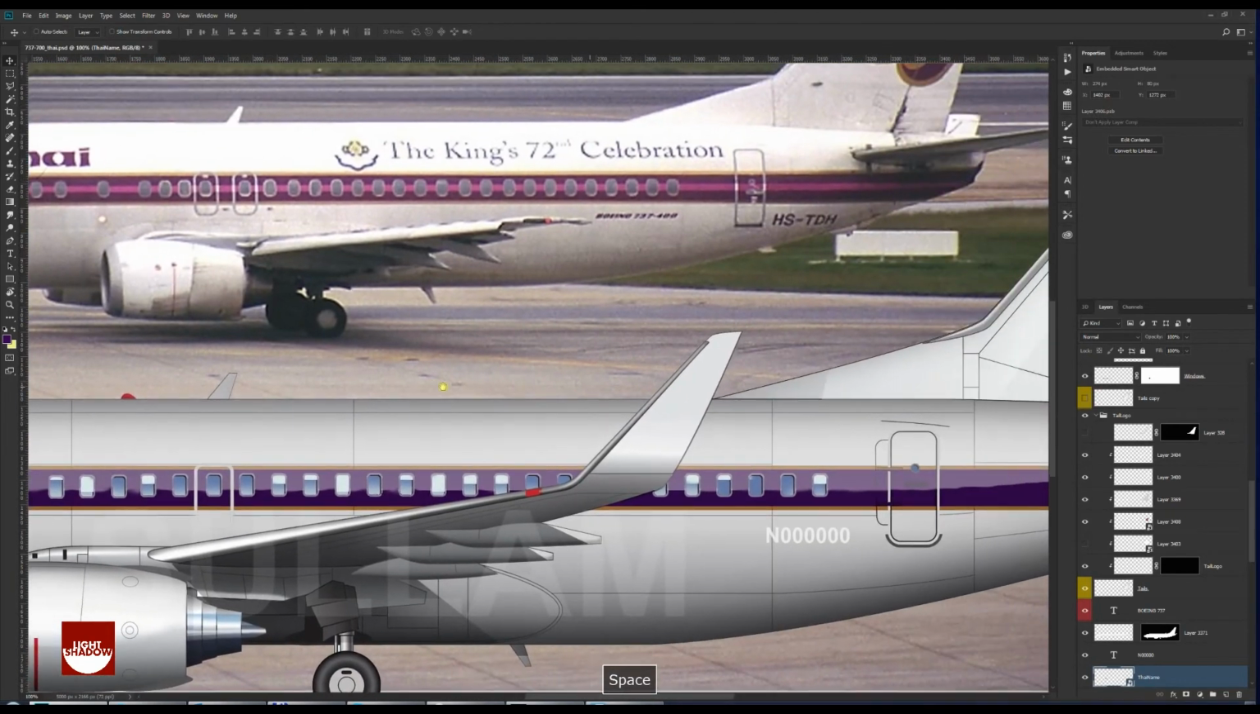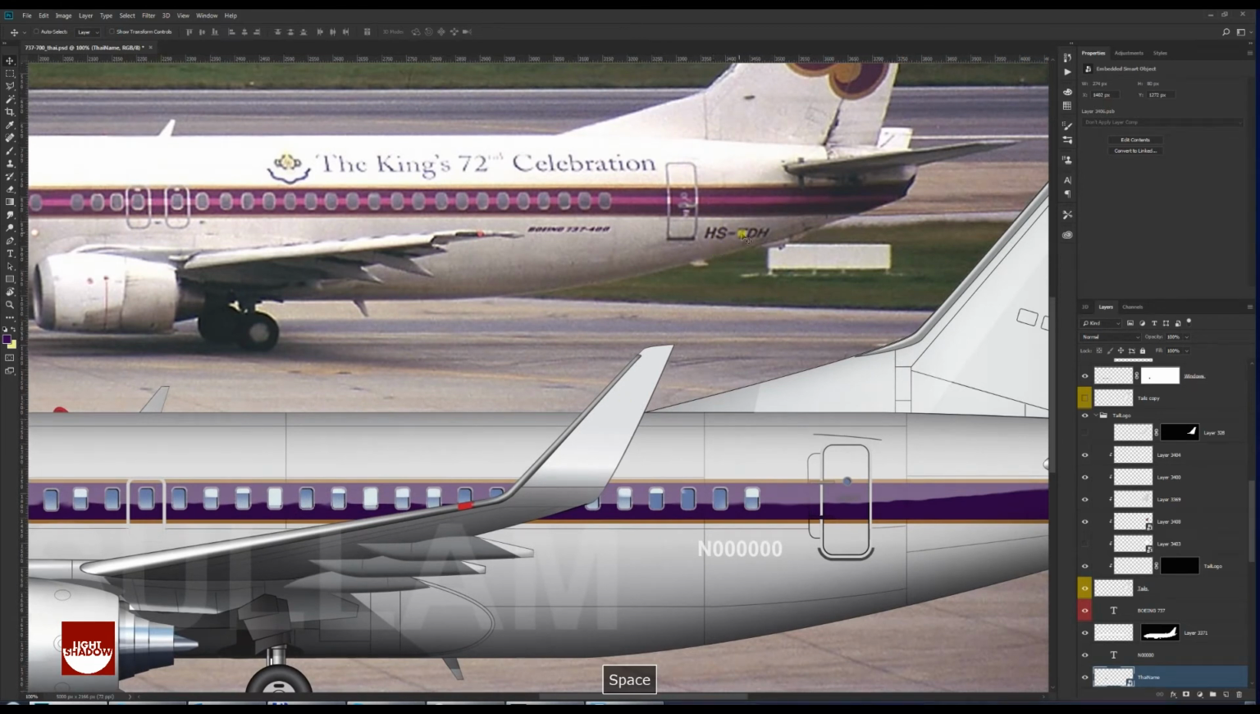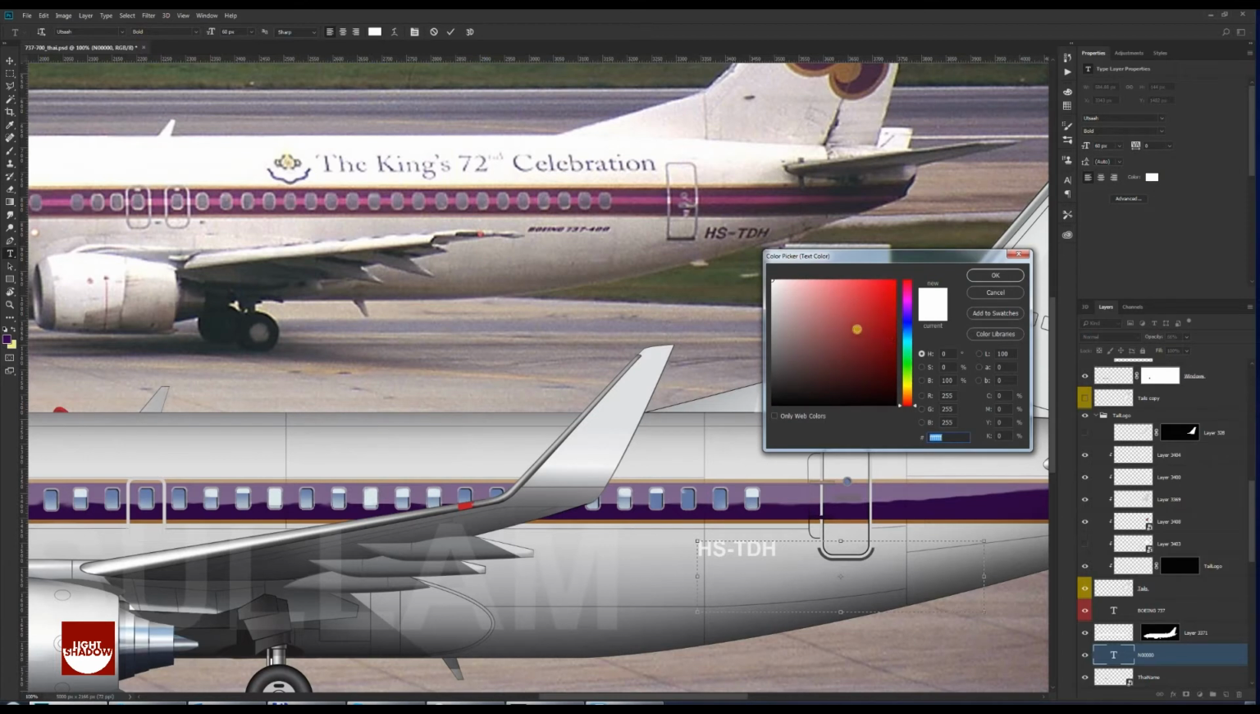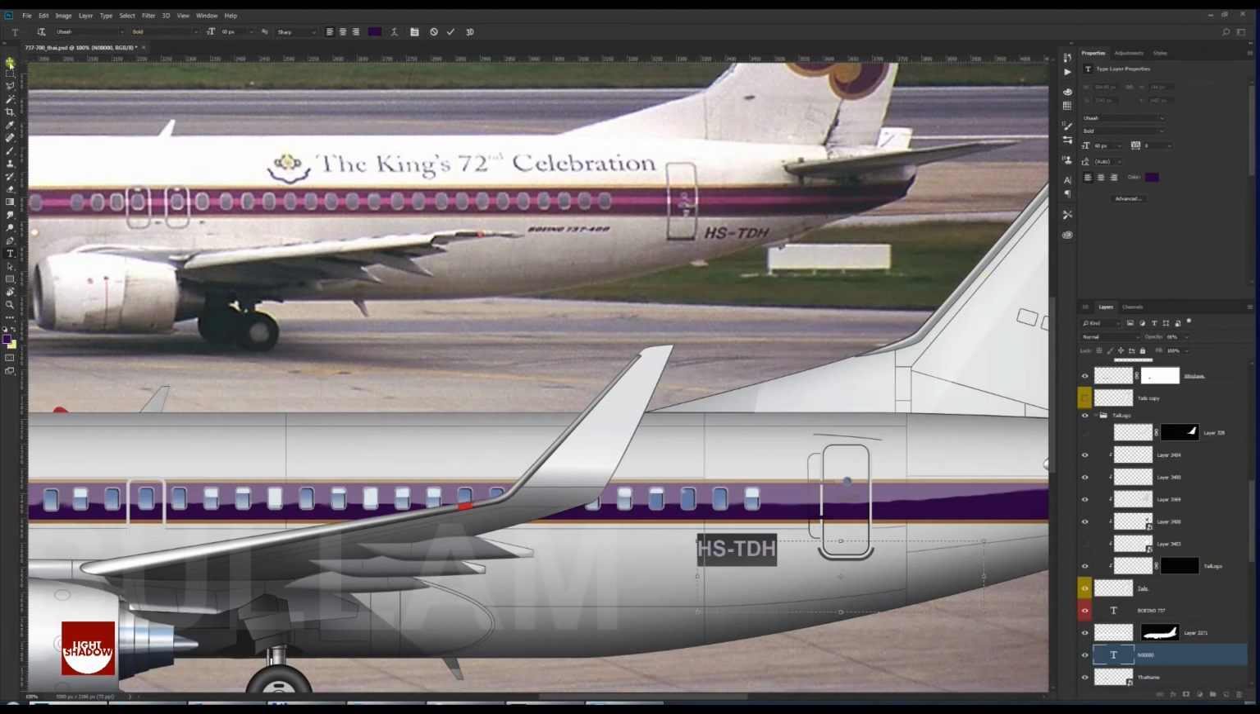So moving down to the HSTDH registration number, HSTDH, and I'm going to match the color. It should be either black or, yeah, let me use this one, and voila. No, it's too